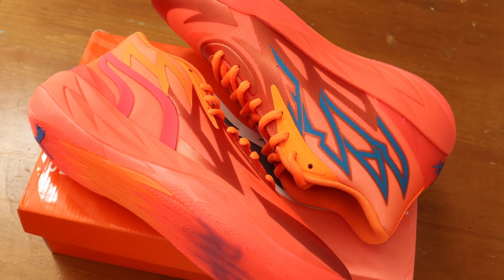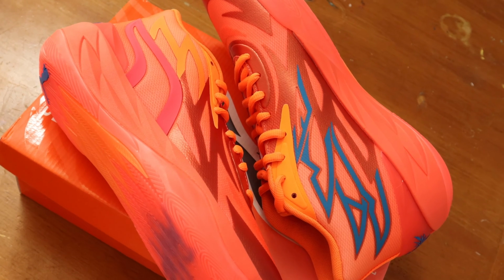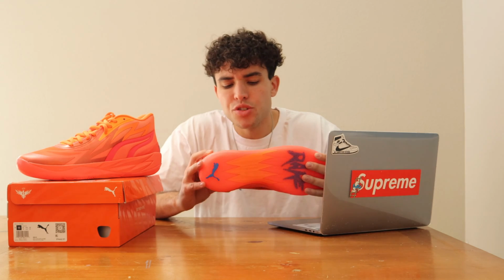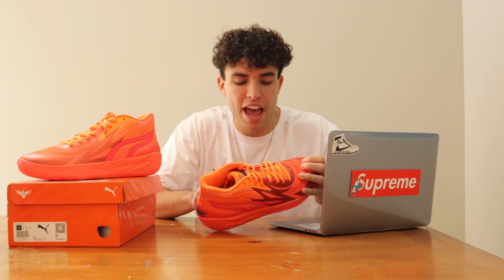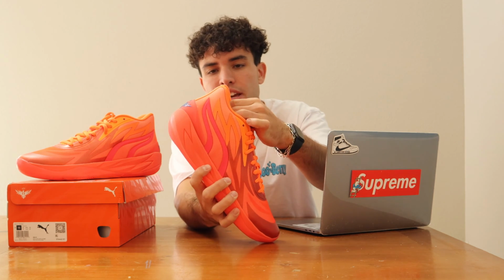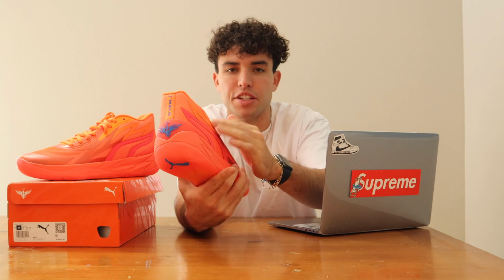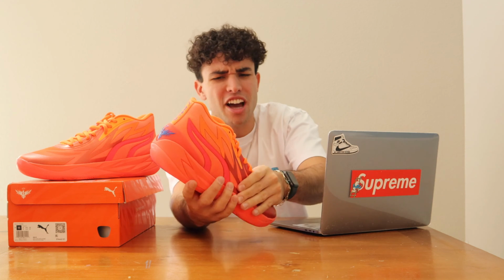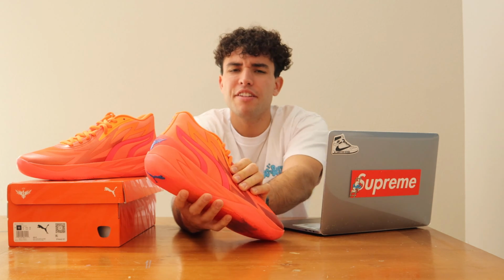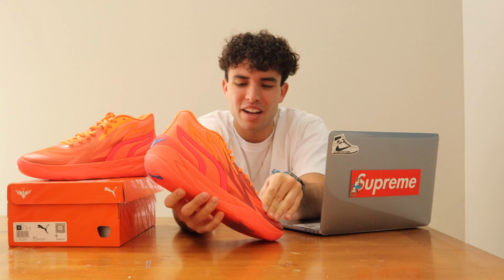Materials, you have a disruptive upper construction that is made of a woven mesh and mixed materials. So an interesting change comes at the materials. They have kind of added it feels like the same netted cushion or netted material on this upper, but then it's kind of covered by this like plastic coating, I guess you could say, covering around the shoe. So it feels a little lighter, feels a little more breathable, you could say, but